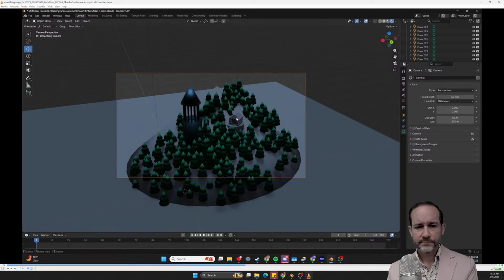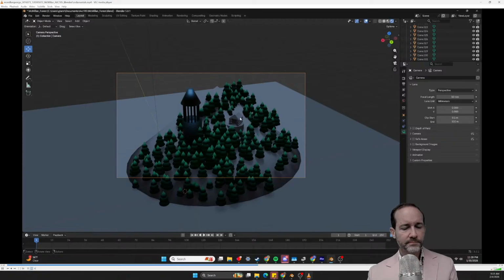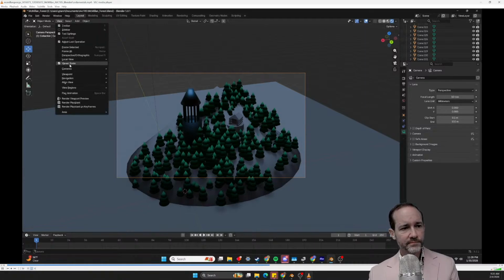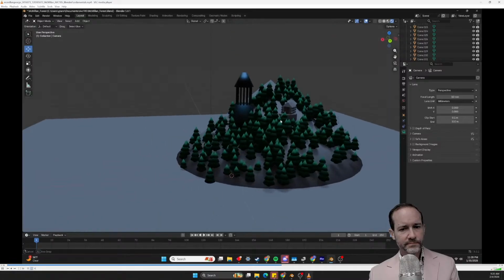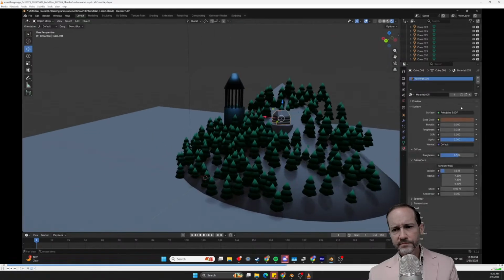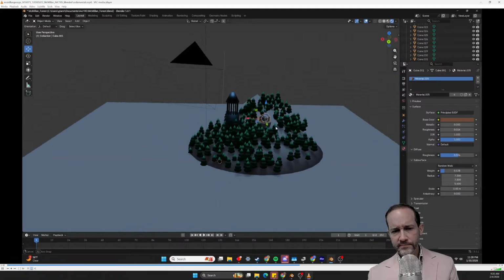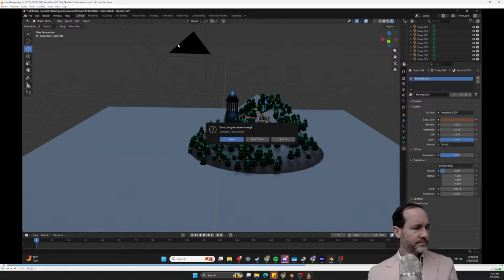Some of them work better than others. The cabin has a material, like a wood material that I made, but the lighting from the sun just kind of overpowers it, which is why I think I need some sort of, I don't know, a dimming factor on the sun. So, alrighty, let's go